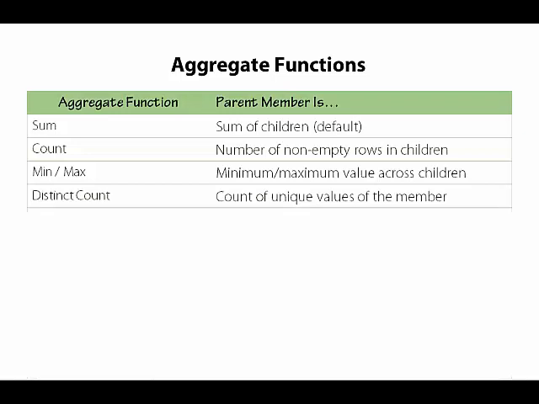Then we have the distinct count function, which is the number of unique members in a dimension that are found in a fact table. When we assign a distinct count function to a measure, it gets placed in a separate measure group to optimize performance. It's best if we use only integer values for distinct count measures to get best performance.